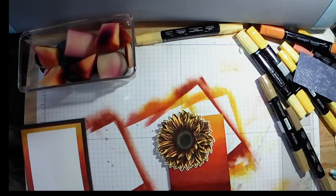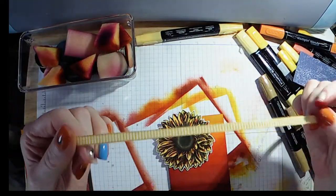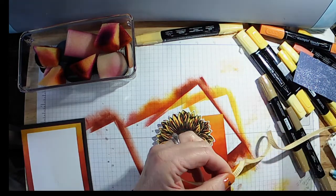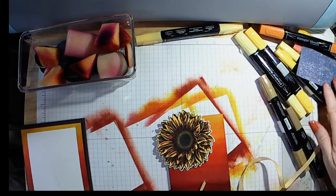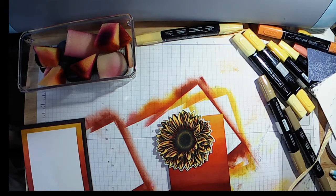Next thing you're going to want to do is put, I've got the gingham ribbon here. It's Bumblebee gingham ribbon, and I'm literally just going to take a piece to go here and I'm going to trim it off as soon as I find my lovely scissors that are amid this pile of madness,